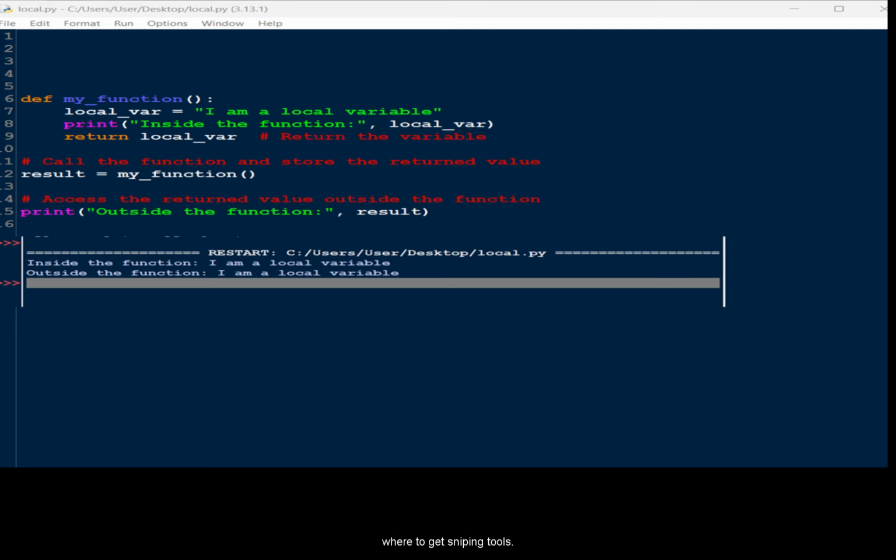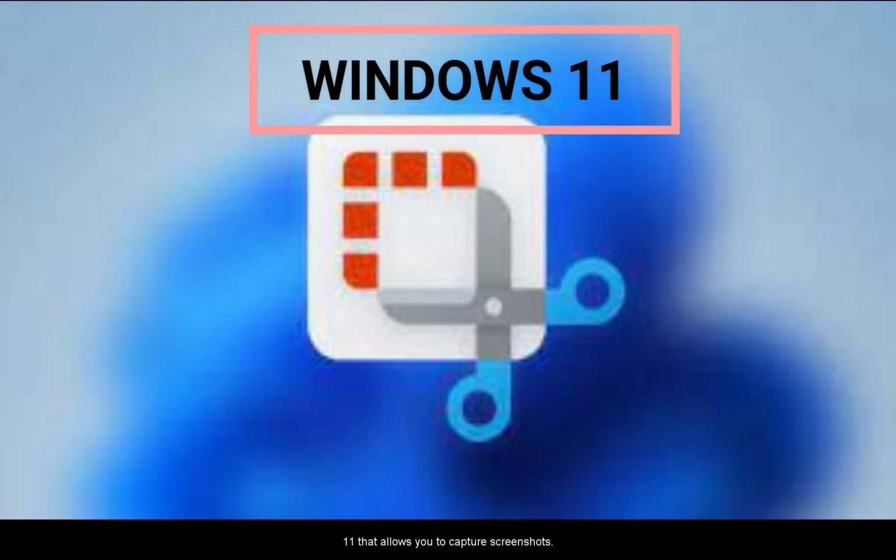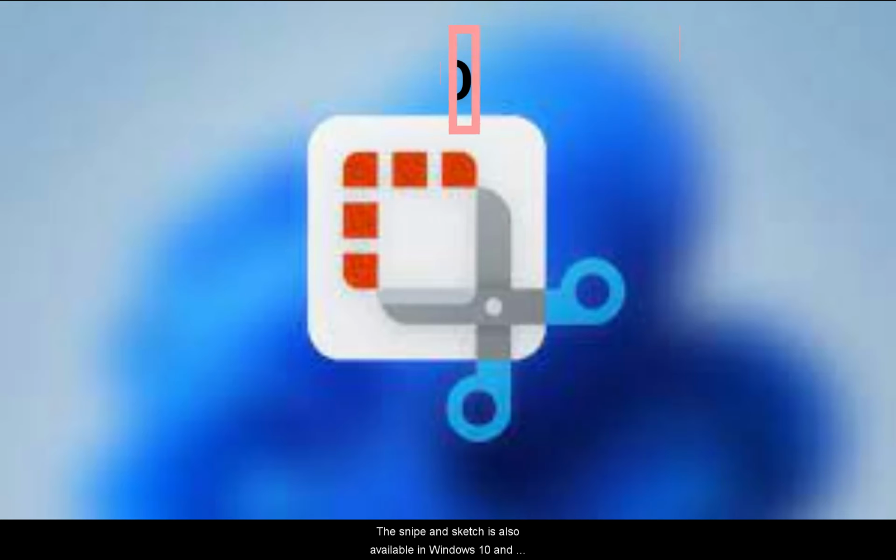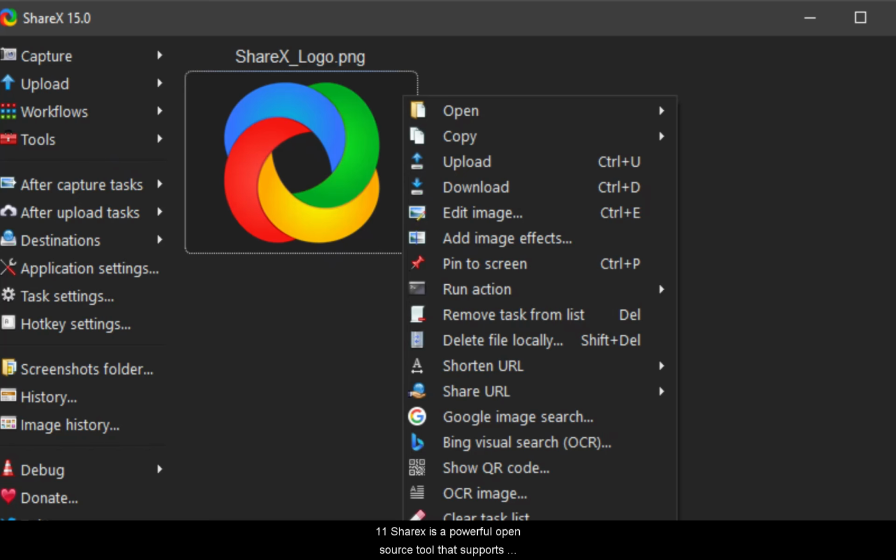If you don't know where to get snipping tools, Windows has snipping tools built in for Windows 10 and 11 that allows you to capture screenshots, take freeform, rectangular or window full-size snips. Snip and Sketch is also available in Windows 10 and 11. ShareX is a powerful open source tool that supports multiple screenshot methods, including full screen, window, region, and scrolling captures. If you're using